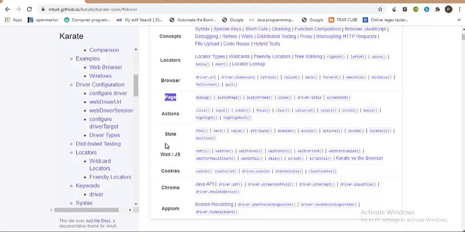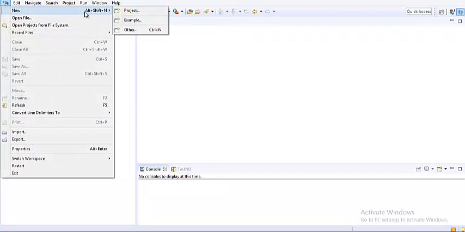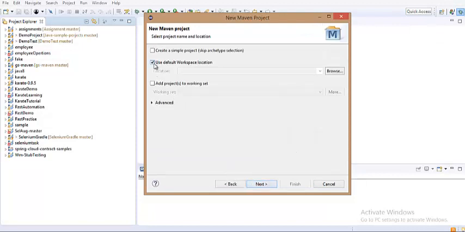So in this lecture, let us create a Maven project and start our very first script, and then see how it really works. And from there we go in incremental fashion and we learn things better. So let me go and create a Maven project. Click on file, new, and project. I think you guys would be in a decent position to know how to create a Maven project. I don't use the default location, so there I would like to have my project in here.